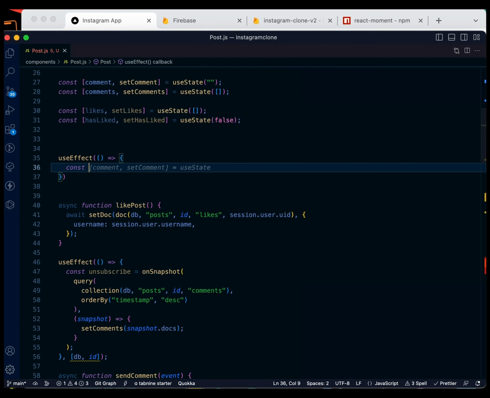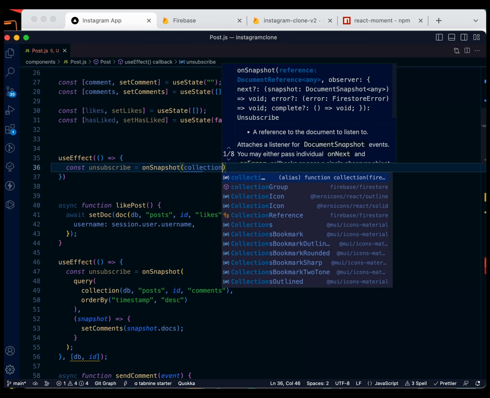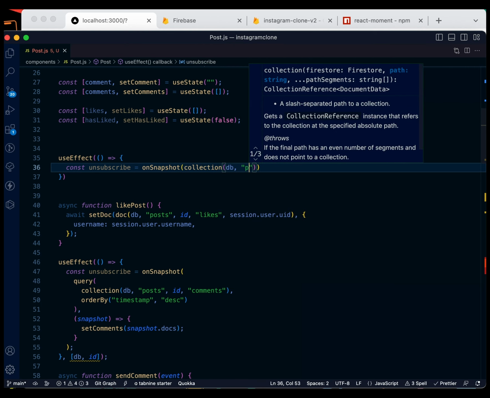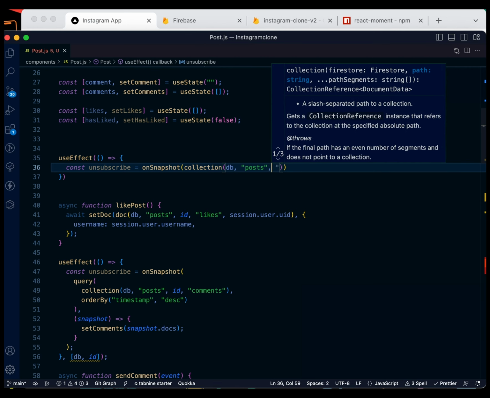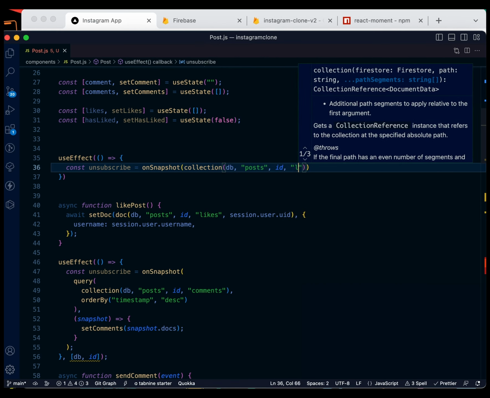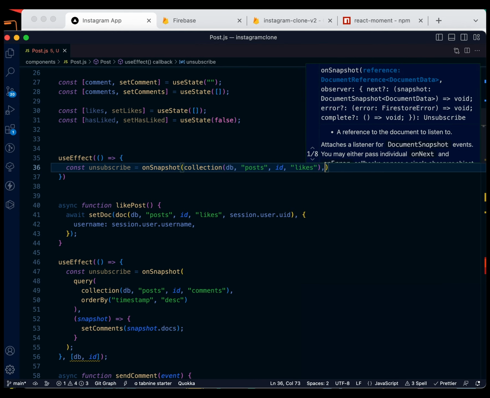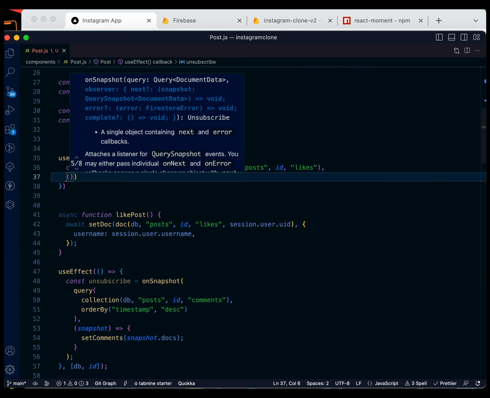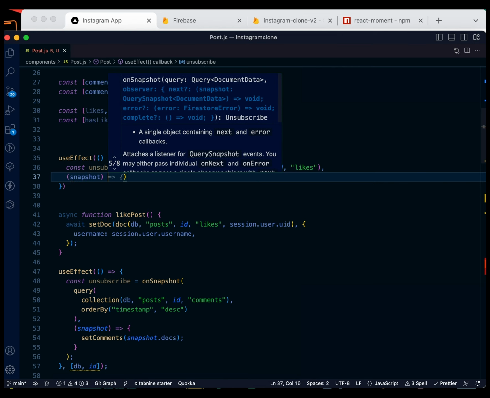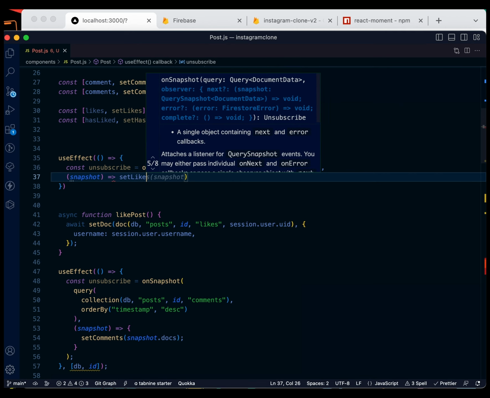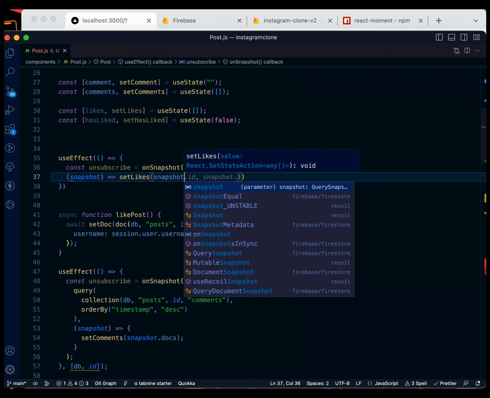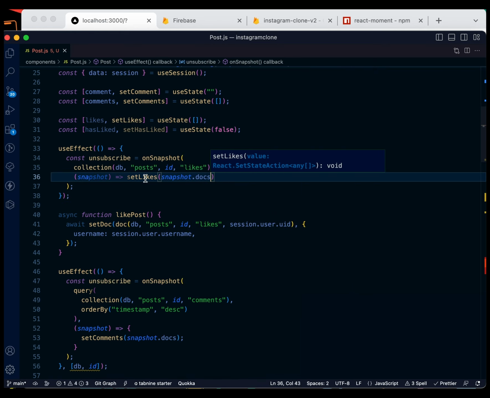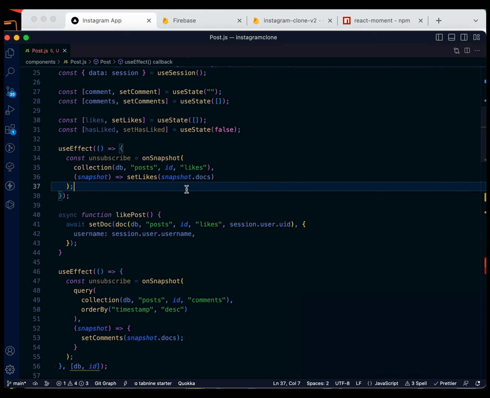and we say const unsubscribe is equal to onSnapshot, collection, db, posts, id, likes. Snapshots, setLikes, snapshots.docs. Okay, so with this we get all the likes that this